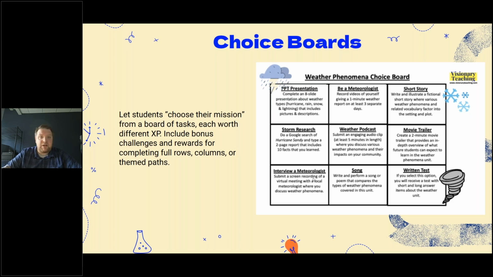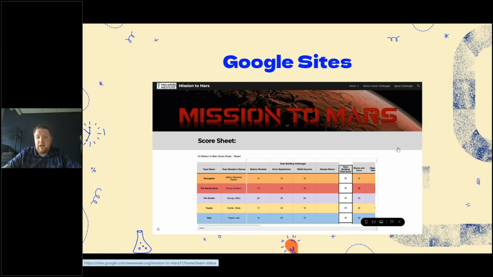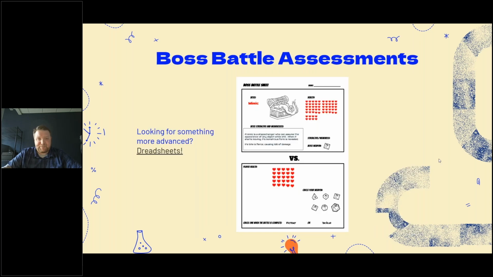So if you don't want to create your own, you could probably find something out there that you could use. We also use Google Sites with our students a lot. Google Sites are a really great way to have a place visually for your students to track their progress. So this one, for example, is called Mission to Mars. We're talking about space travel, the challenges associated with living on Mars, and the realm of robotics. There are different challenges that students had to do, and depending on how they do in the challenges, the criteria that they meet, they could get a bronze, a silver, a gold. And so they're able to track their progress on the Google Site as they go along.